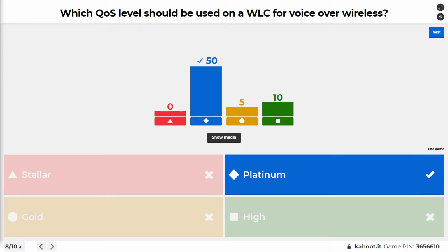All right, platinum. Packet Tracer has wireless LAN controller support in it. It doesn't do everything you'd ever want to do with a real wireless LAN controller, but it certainly does most of what you'd want to see and work with. So if you haven't practiced yet, please feel free to do that.